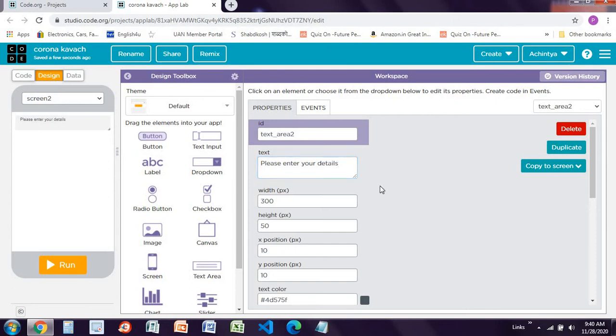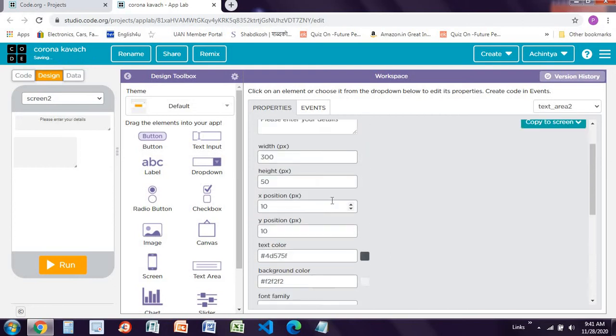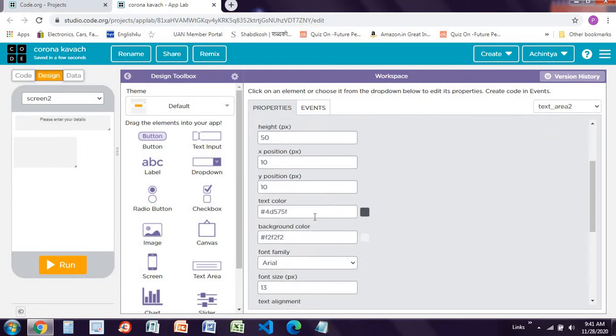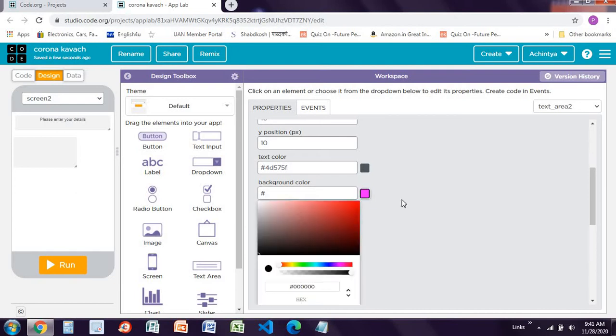Details like this. Now here we have to drag and drop one text area over here like this, and if you want in this you can align the text to center and make this background color red like this. Background color, you can make it to this one also if you want.